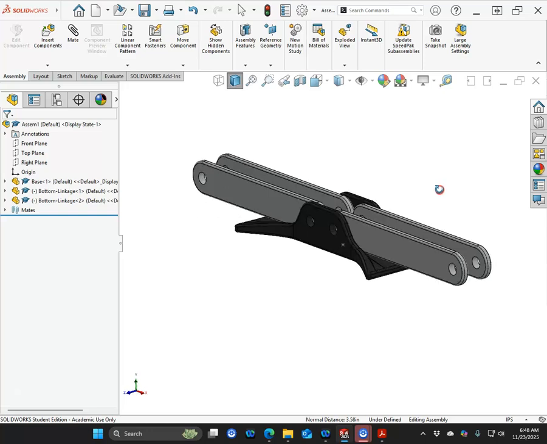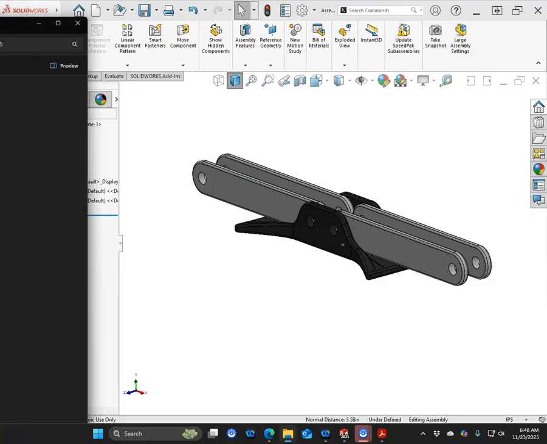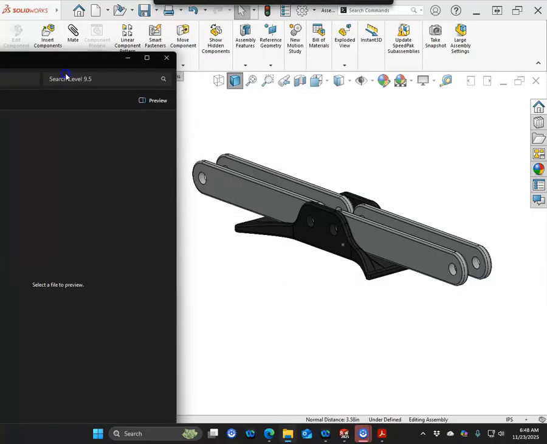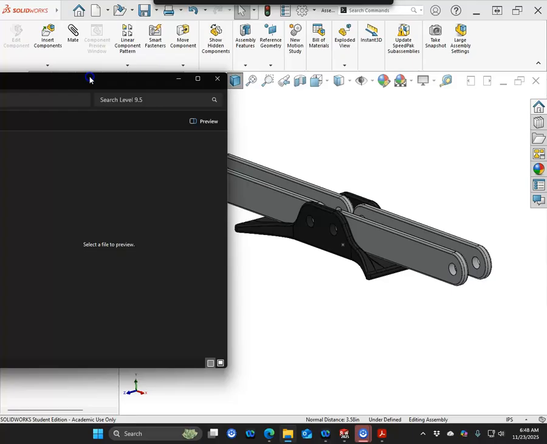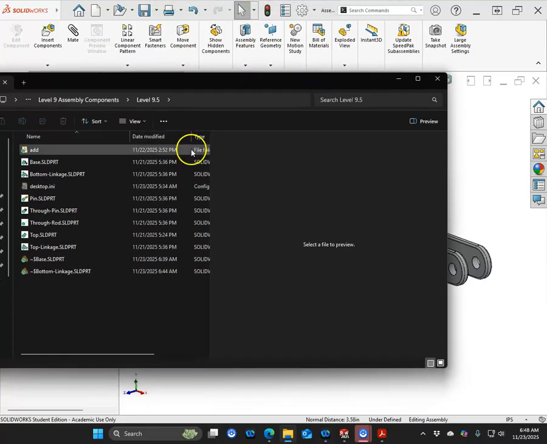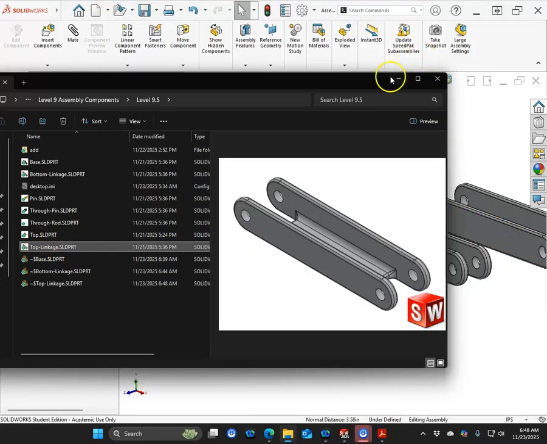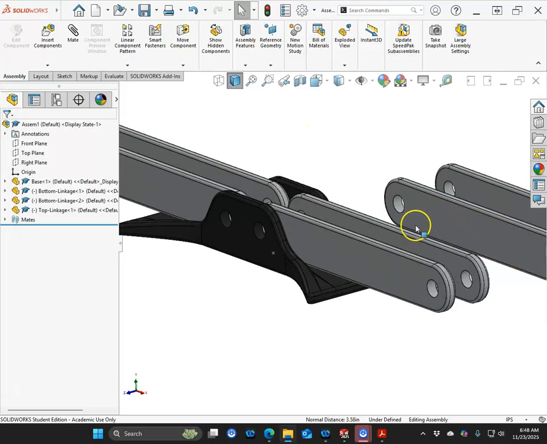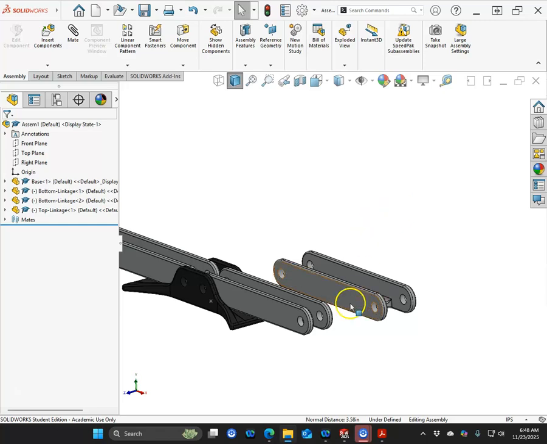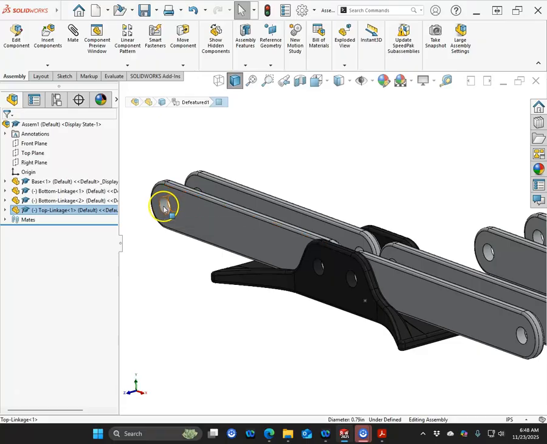All right, so we need to bring in our next piece. Let's see if my Windows Explorer is still up. Maybe I can shrink that a little bit. There it goes. No. All right, so if Windows Explorer is open on another screen, then I need the top linkage, and I can drag and drop that from my File Explorer and bring it into the assembly. So let's keep going with our